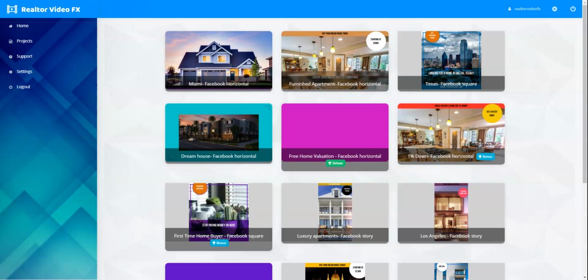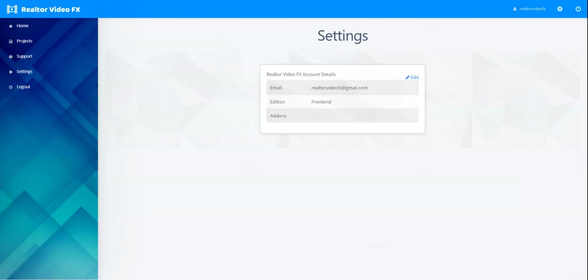This is the home page you will see after you register and log in. It's pretty straightforward. You'll see your name up here, which I believe will be whatever email you use to register. And then, of course, there's a settings page, which just tells you a little bit more about your account. There's really nothing for you to do except, if you wanted to, edit your email. And then, of course, the log out button. So we'll go back to the home screen over here,